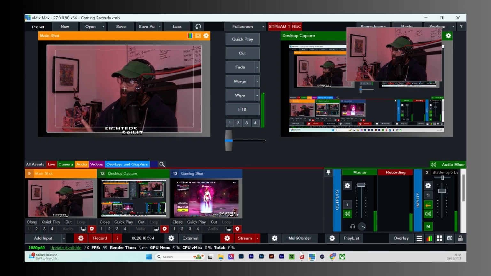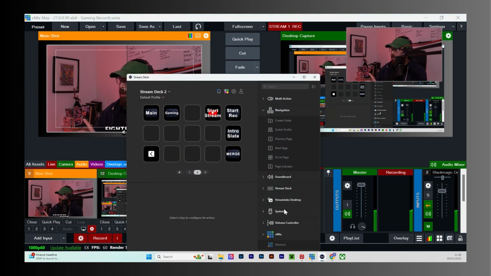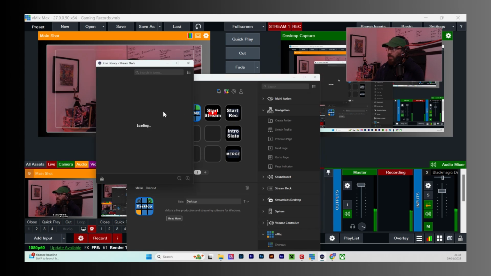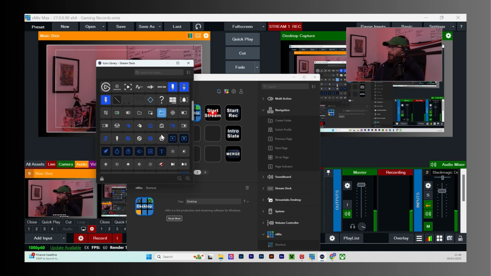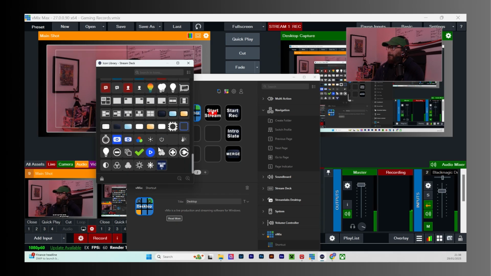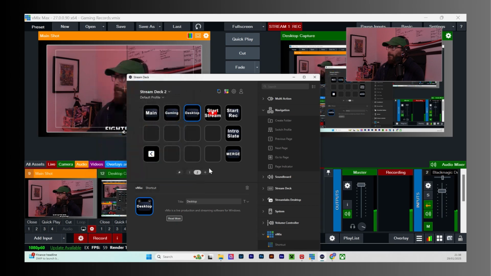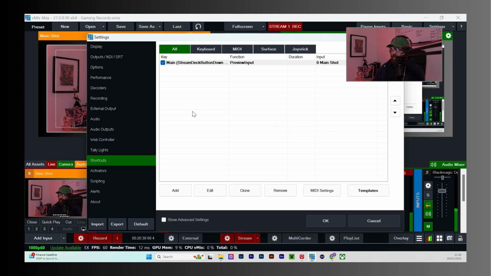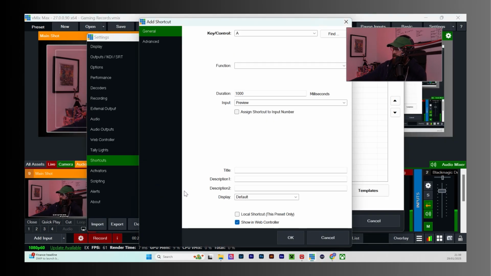But I didn't assign a button for desktop capture in the Stream Deck. Go back in here, back to shortcuts, add.